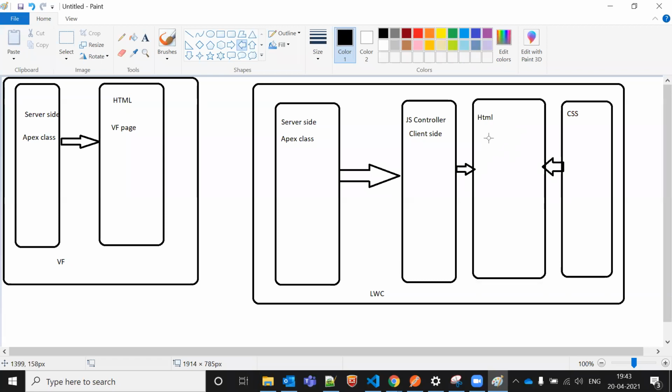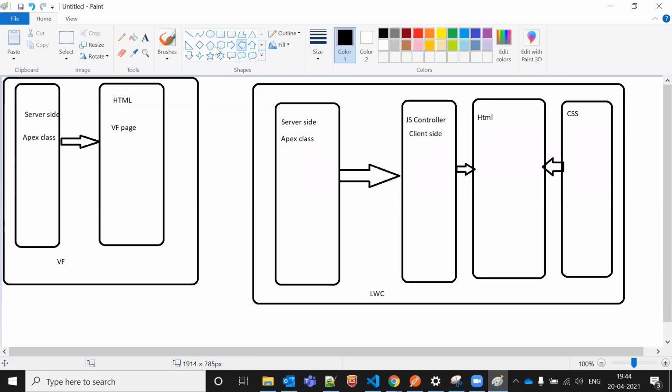These are HTML or LWC. And if we have some other CSS file, it is not mandatory; CSS is optional in this one. Okay, this is a bundle, the bundle component. So we can call that CSS in HTML. This is one package of Salesforce LWC, one LWC component.